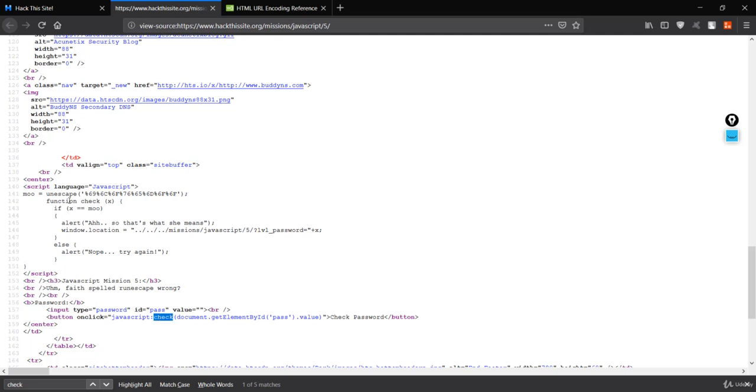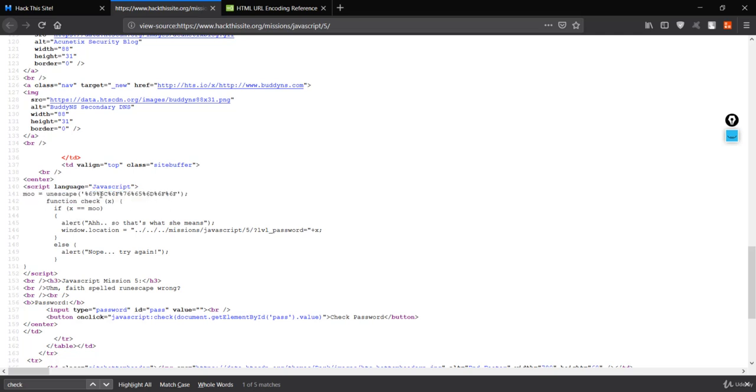So let's see this check method now. So where is our check method, which is over here? So function is same as the method. So this function is going to just check for the x. So if the x is equal to mo, let's see what is mo. So mo is just a wrap here. What it is doing is it is just calling this onEscape method again with this bunch of